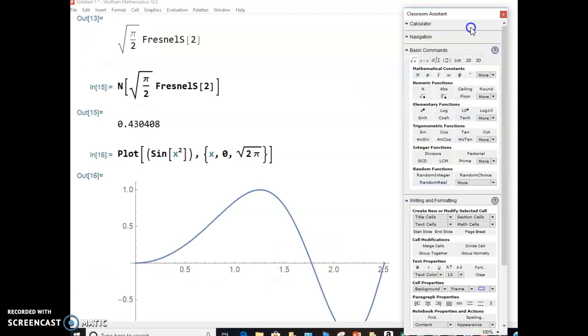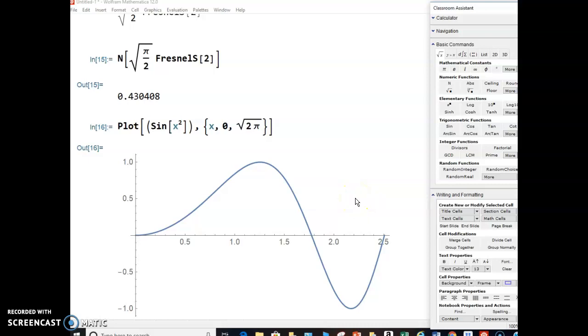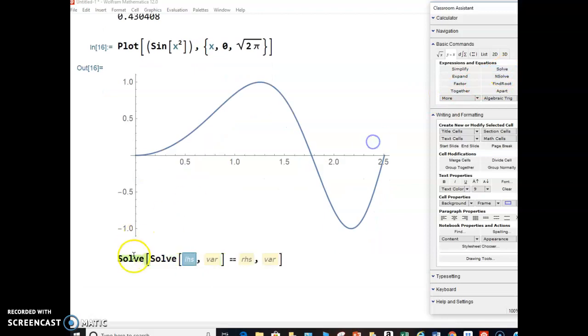And there's the curve that we saw in the PowerPoint. You can see there's the curve. Now, if we wanted to know how much is area A and how much was area B, we would have to find that 0 of this function. And again, Mathematica can find that by using the solve command. Where is this function